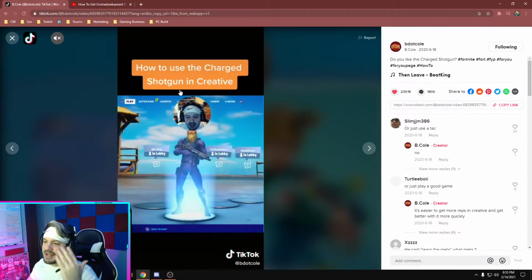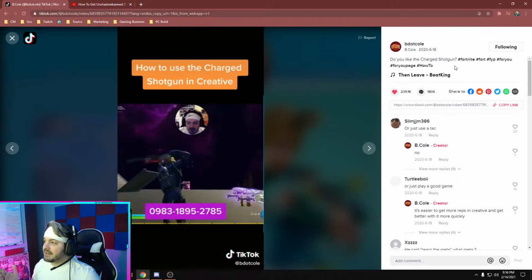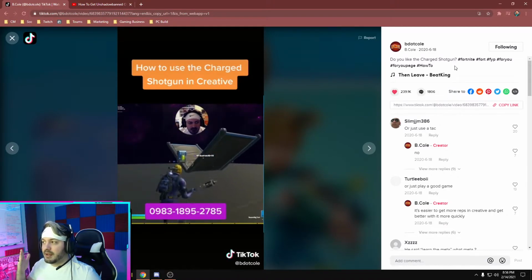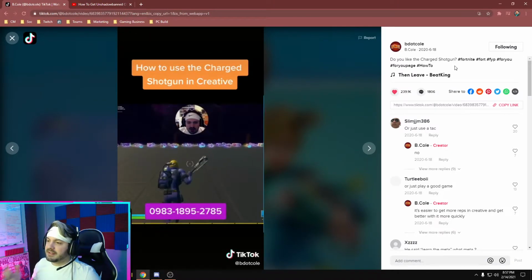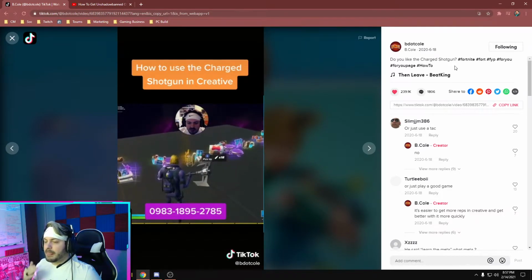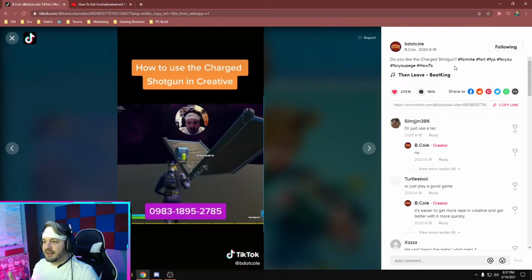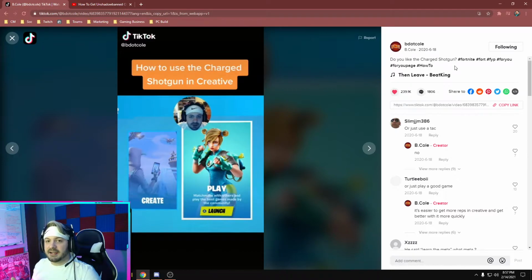I have the word shotgun not only in text on TikTok itself, but I also have it over here in the caption as well. Now, obviously, depending on the context, the word shotgun can definitely be used in negative ways. But obviously, in this case, as someone that's a gamer, I use the word shotgun in my daily lingo. Most games I play have shotguns in them, and this is just a Fortnite tutorial on how to use a certain shotgun in the game.